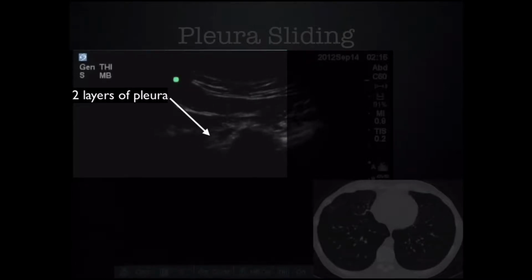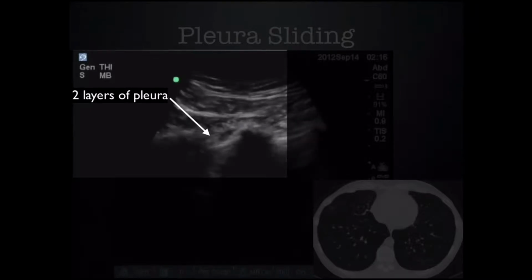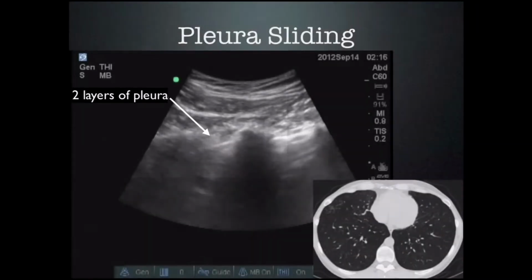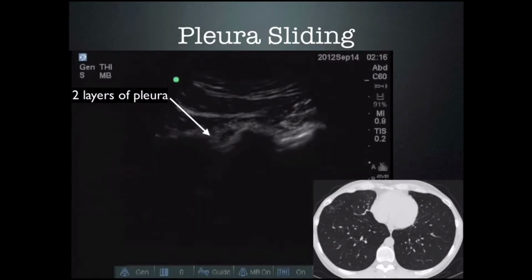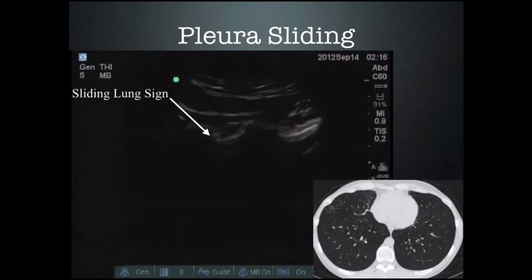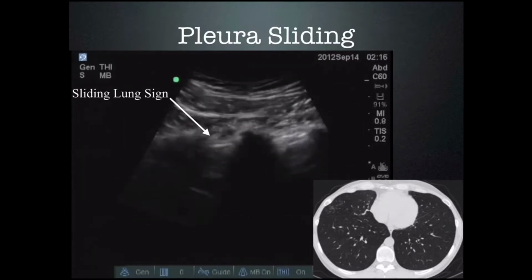However, as we turn down the gain as we have here, you can see that those 2 pleural surfaces are moving relative to one another. That is because the parietal pleura is fixed to the chest wall, and the visceral pleura is sliding with lung inspiration and exhalation. This is called the sliding lung sign, where the 2 pleura are moving one against each other. And it's very easy to see when you turn down the gain, and you can see just the pleura deep to the ribs. In this case, we're using a curvilinear abdominal probe, and it provides a fine detail of the